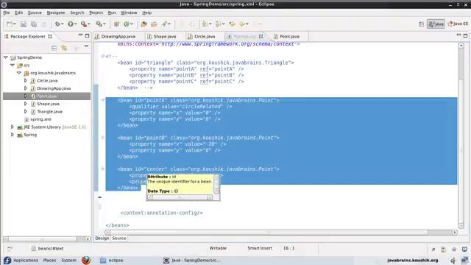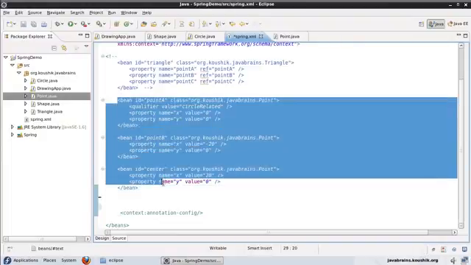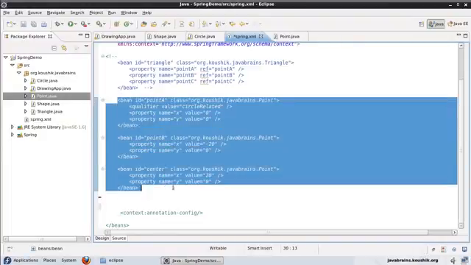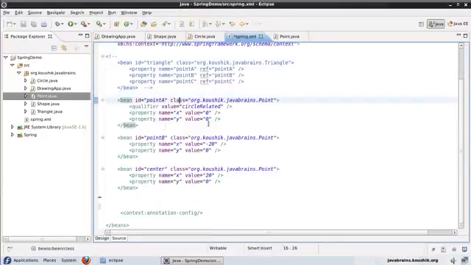So actually what we are looking at is one disadvantage of using annotations, or you can call it an advantage of using XML. You can use the same class and then define different beans with different metadata, and you can achieve that without having to write multiple classes. But then if you write annotations, you're going to restrict all the beans of that particular class to have the same behavior. But let's use this component annotation just for the circle,